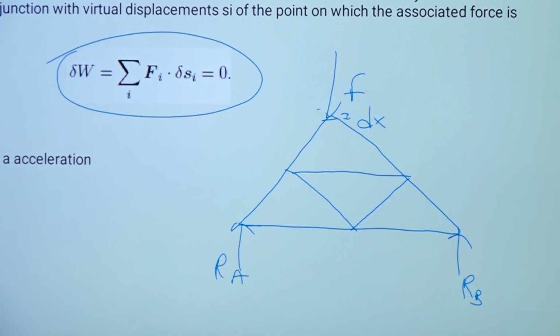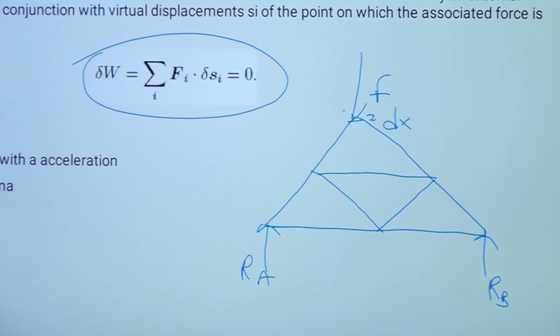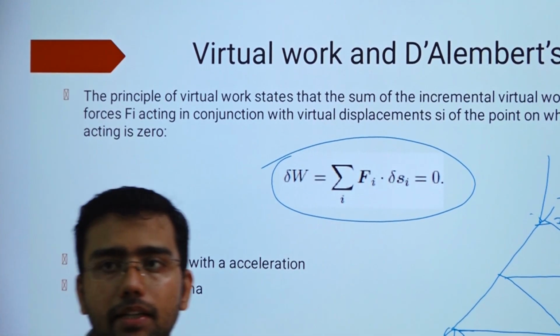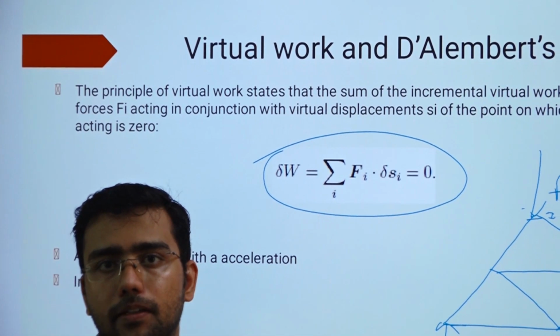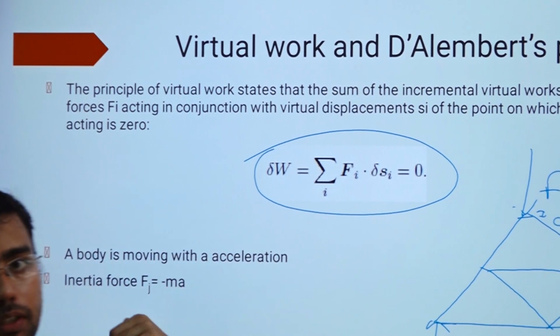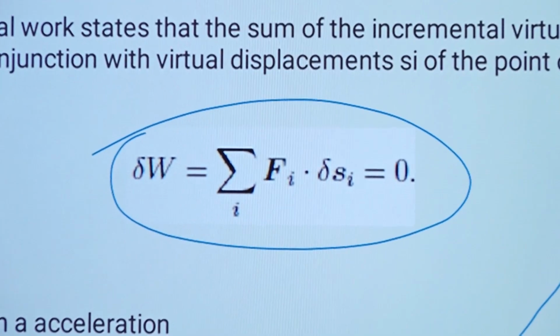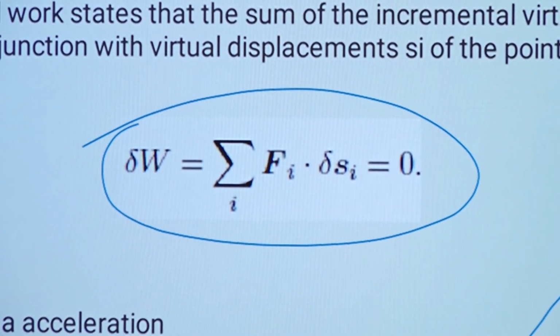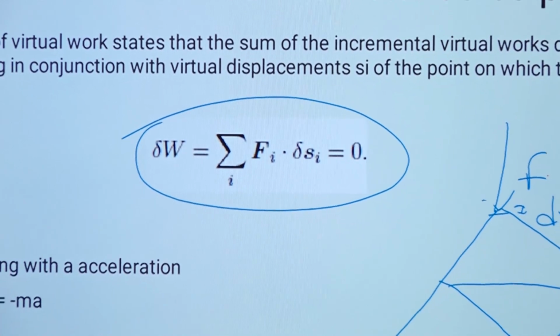In strength of material, very famously, we use Castigliano's theorem to find deflection. That theorem is a very easy theorem, but only if you know the concept of virtual work can you apply that theorem to find deflection in strength of material. Here also we are going to use virtual work to find some expression. I will be solving one numerical for that.